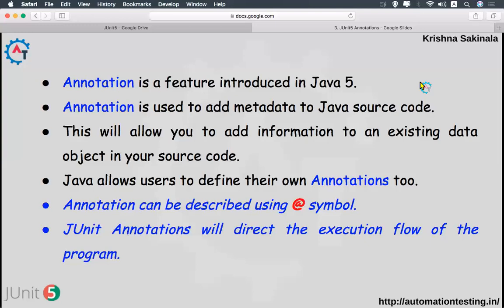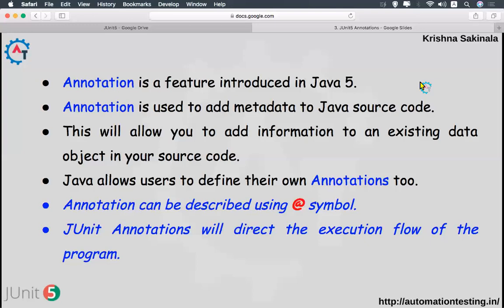If you still have some confusion, in the next slides or videos you'll come to know what exactly I'm talking about. Theoretically, here JUnit means the unit testing framework, and these annotations will direct the execution flow of the program.